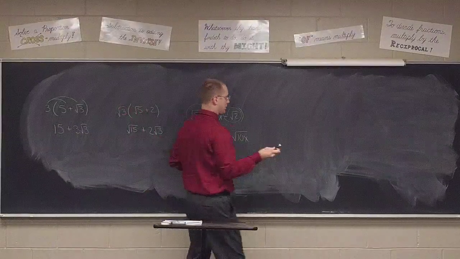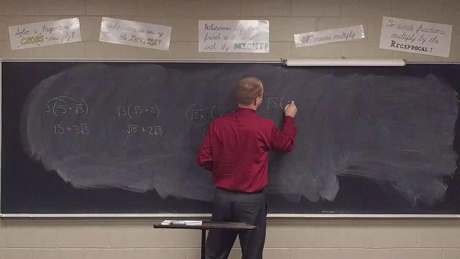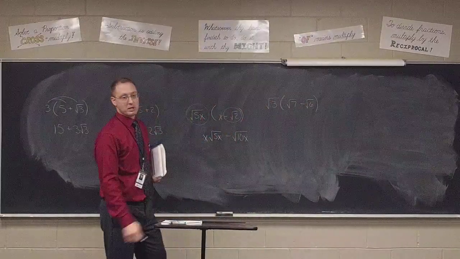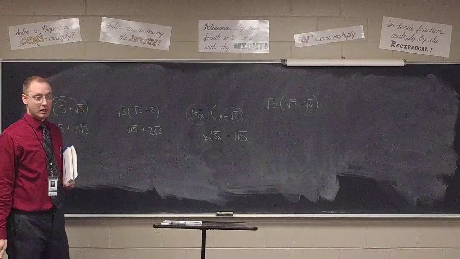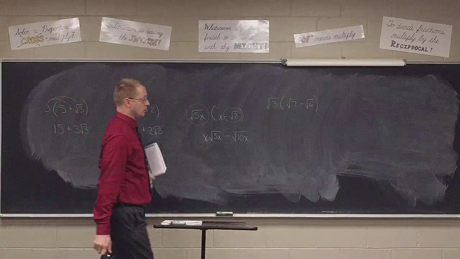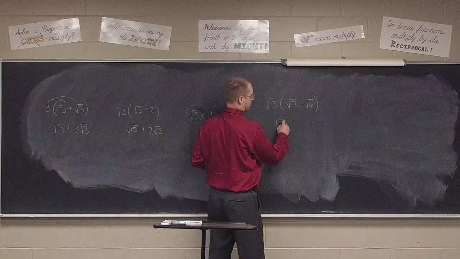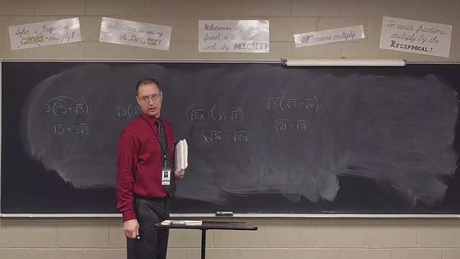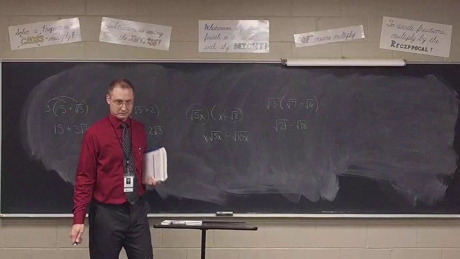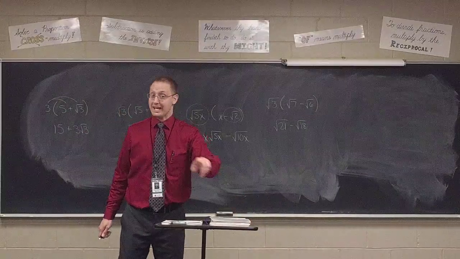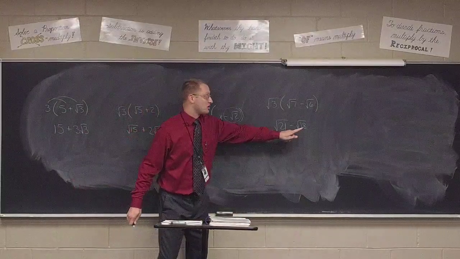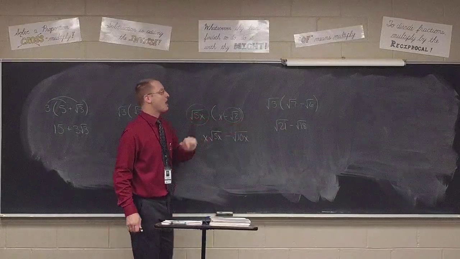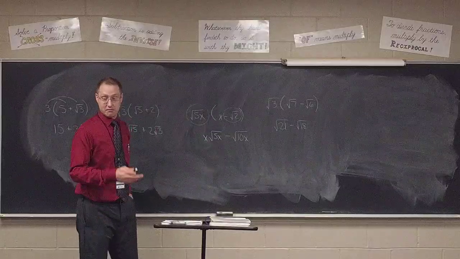Write this one down on your paper. If we had the square root of 3 times the square root of 7 minus the square root of 6, what would we get for that answer, Maddie? There we go. Why couldn't I leave my answer like this? Oh, I cannot subtract. Remember, these are not similar radicals. Don't go subtracting to get square root of 3. Careful. But I'm not done because